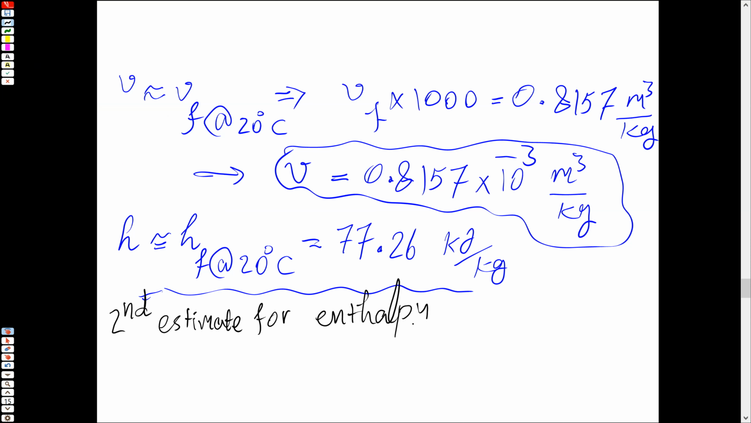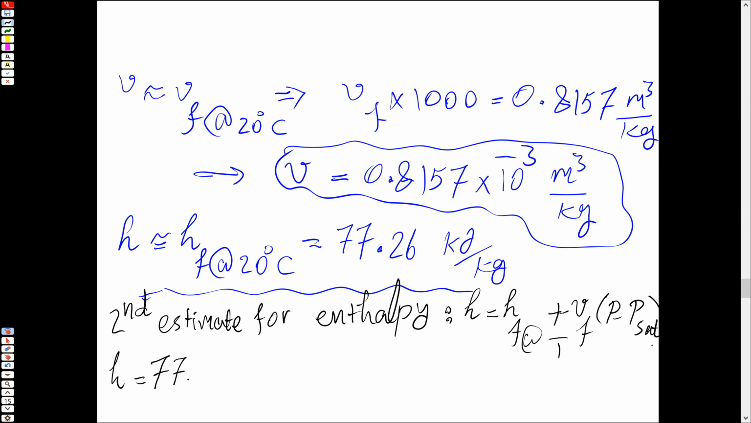Okay, and this is specific enthalpy. My second estimate says that H is HF at the given temperature plus the term that considers the effect of the pressure, P minus P sat. All of them are at the given temperature, okay? I plug in the values: H equals, HF was 77.26 kilojoules per kilogram